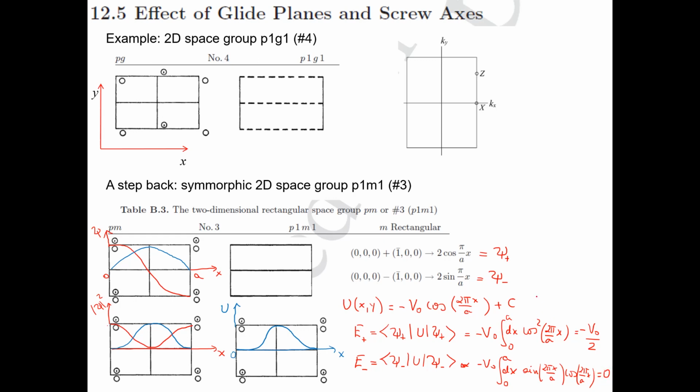So clearly the even solution has lower energy than the odd solution, and we could actually guess that